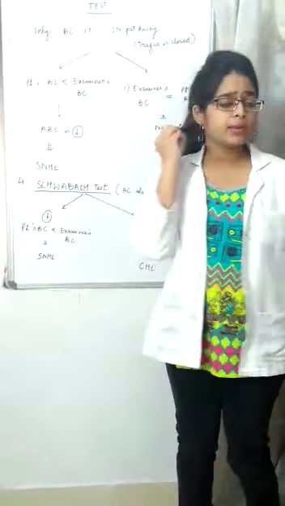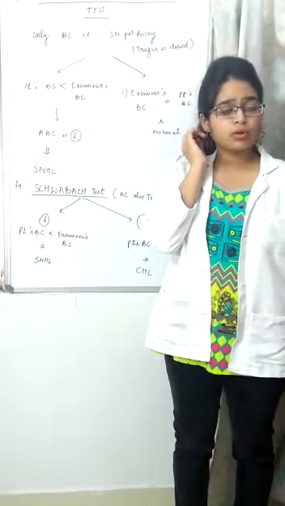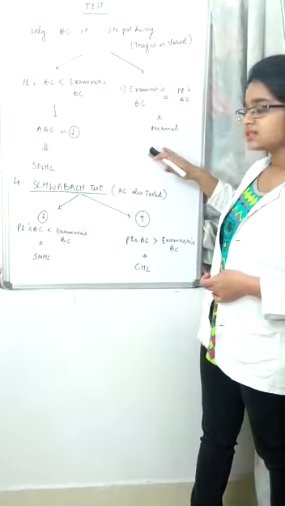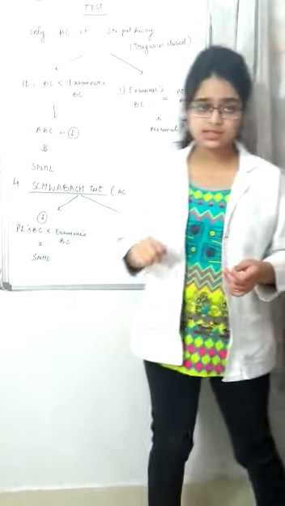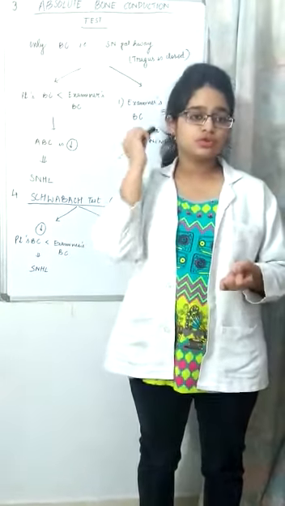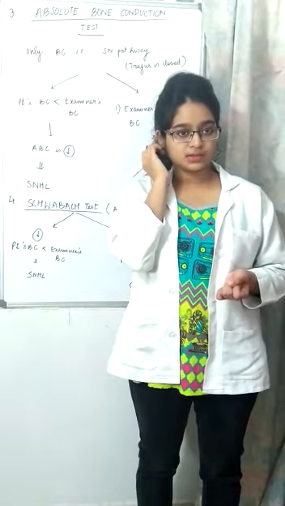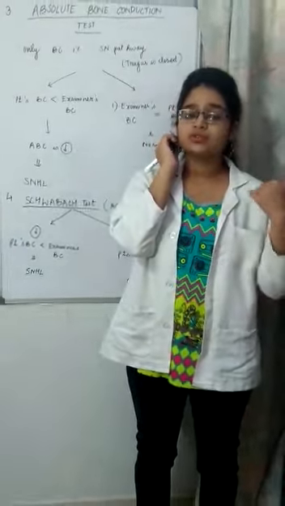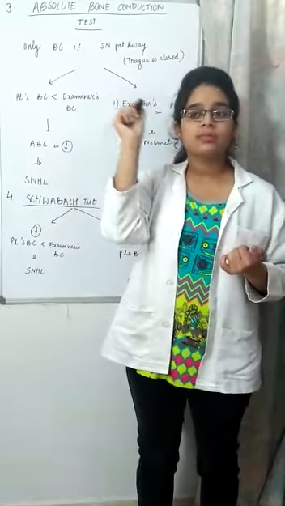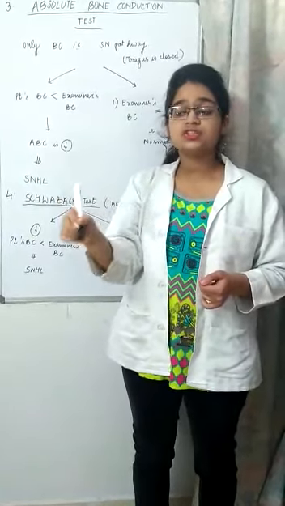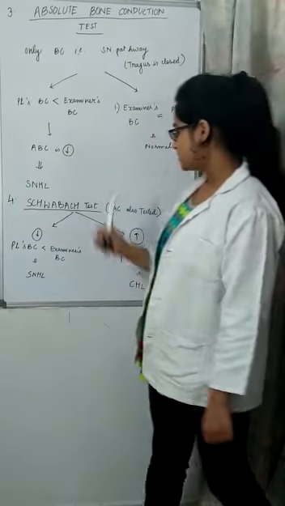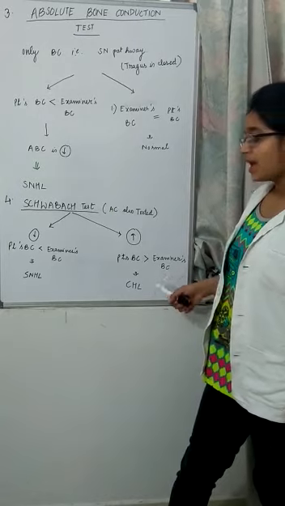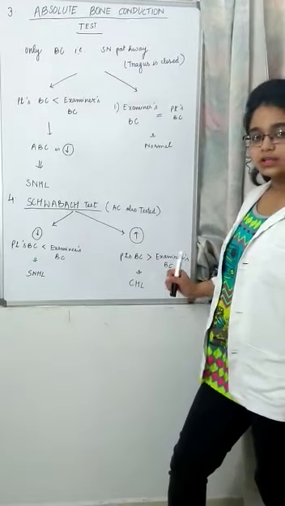But in case I am also not able to hear, now what can I do? Is it normal? To check this, I am going to strike the tuning fork and place it on my mastoid. Alright, when I am not able to hear anymore, I will place it on my patient's mastoid. If the patient is still able to hear, that means his bone conduction is much better than mine. And if this is happening, it is a conductive hearing loss.